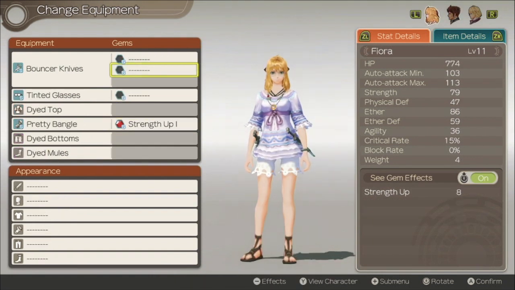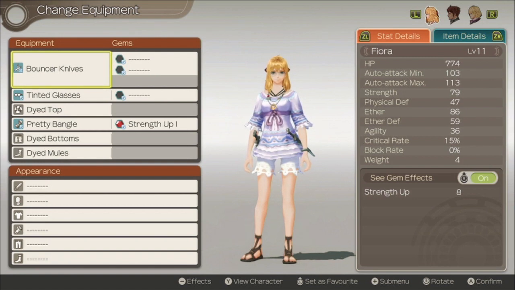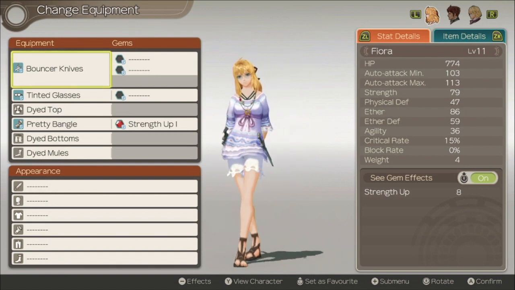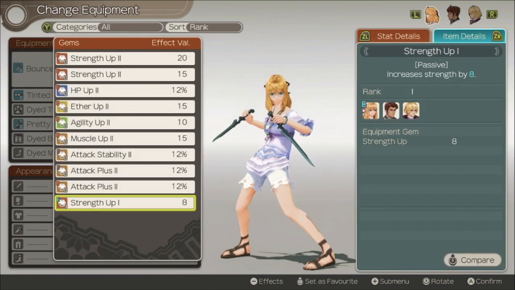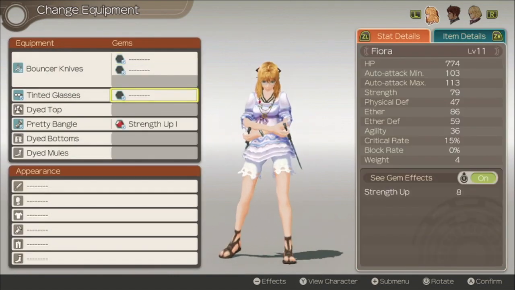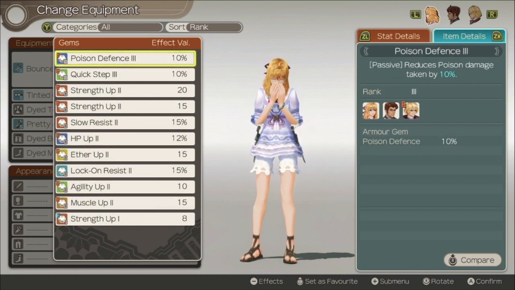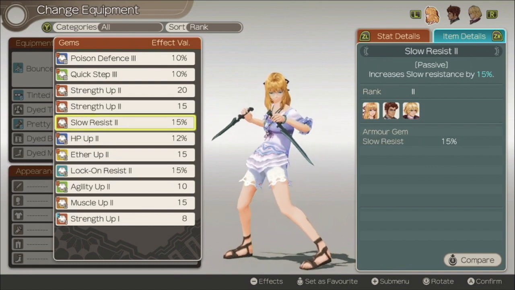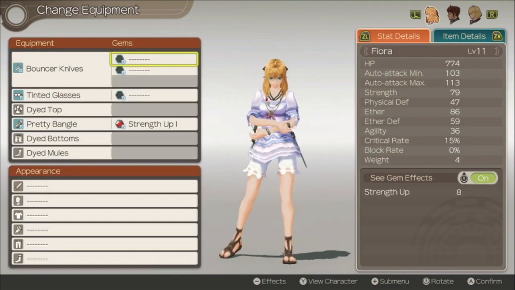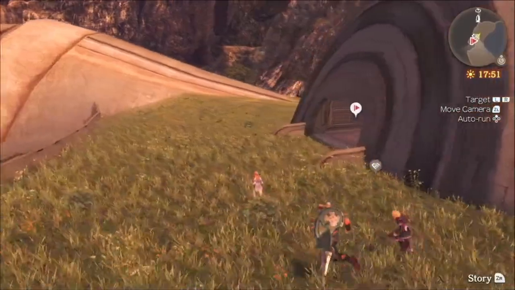As for Fiora, I'm gonna stick with that Strength Up gem I used from the tutorial trade, and as you can see, I switched over to the Bouncer Knives that I obtained from you-know-who. The reason why I haven't put much else in her gem slots is because partly we're full, but also, you saw the amount of damage she was dealing with her starting gear. It'd be kind of overpowered to go any further. Also, lock-on and slow aren't really things you need to worry about for the time being, and I thought this look would just look kind of cute. With that out of the way,